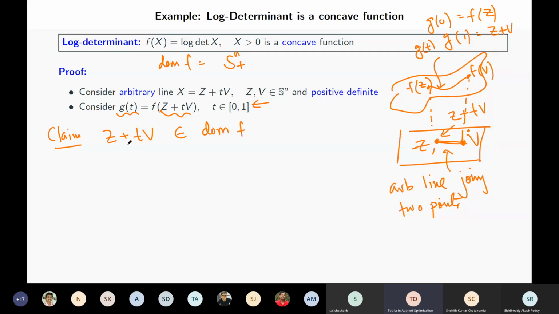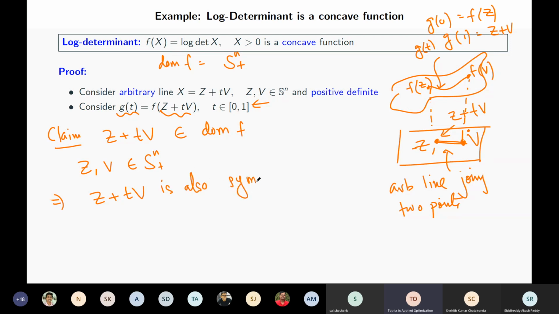So to do that, we have to prove that this is symmetric and positive definite. But this is true because Z and V are both in this set. Okay, and then if I sum this, then this sum is also symmetric and positive definite. So this implies that Z plus TV is also